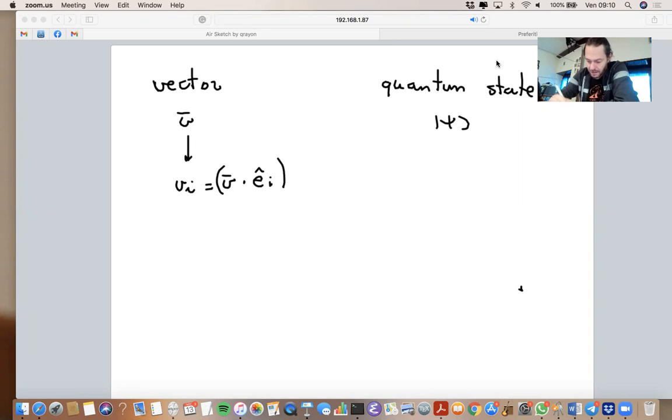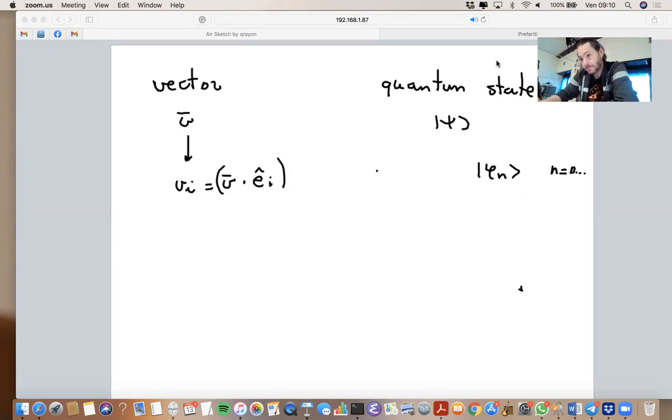And similarly, if you have a basis which is labeled by some index n, let's call it phi n, and is for the moment a discrete index, and then will be made continuous in a moment,